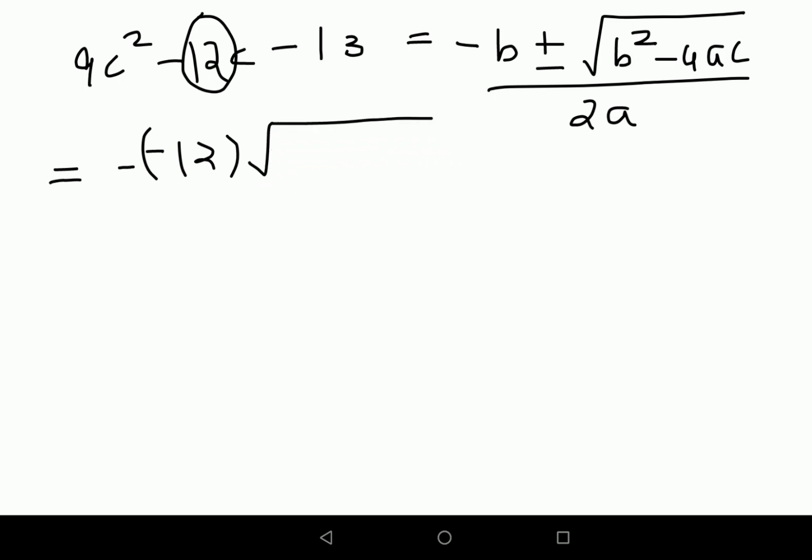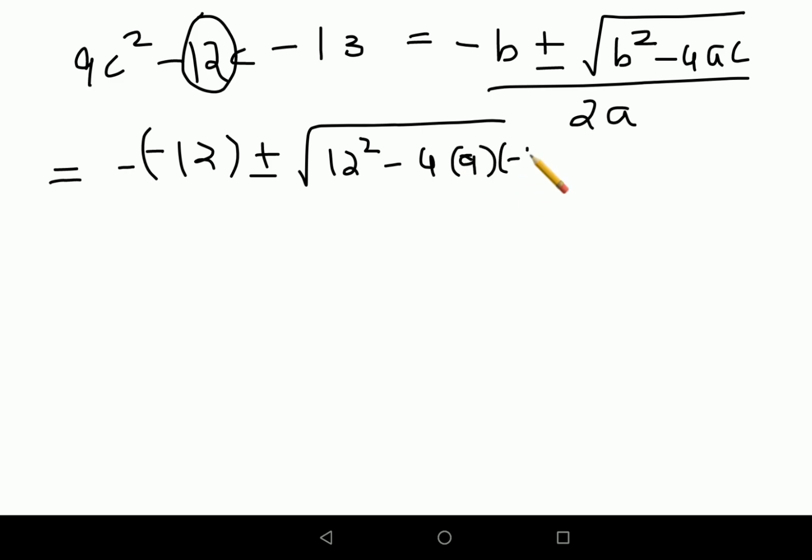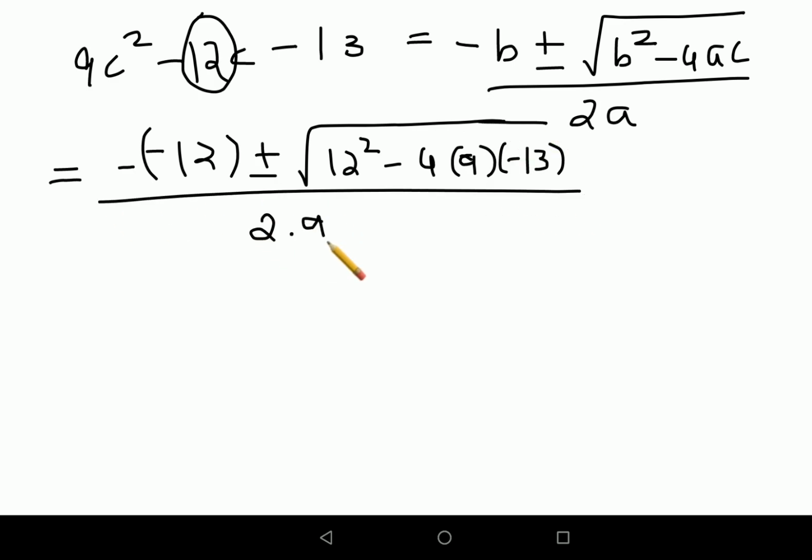Then we have plus minus root of 12 square minus 4 into 9 into minus 13, upon 2 times 9. So this becomes minus of minus 12 gets you plus 12 plus minus root of 144. 12 square is 144, and we have 4 into 13 into 9. If we do that, we get what? 117. And when you multiply that with 4, you will get